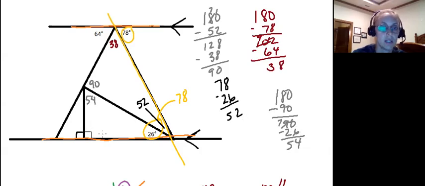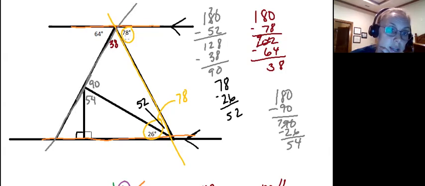And now, let's see, there's a lot of ways that I could go here. I know that this is a straight line. So I could do all of these adding up to 180 and get this right here. Or I could have used the very big triangle in the middle, knowing that these two together add up to 78 and this is 38. So then I could have gotten this little corner down here. I could try to connect this transversal